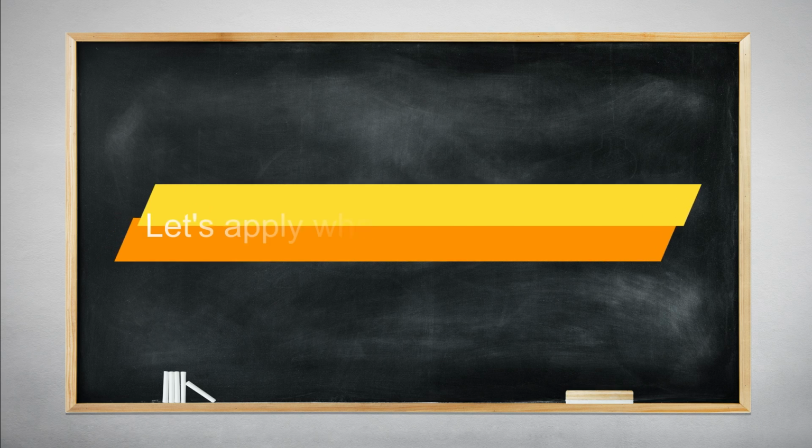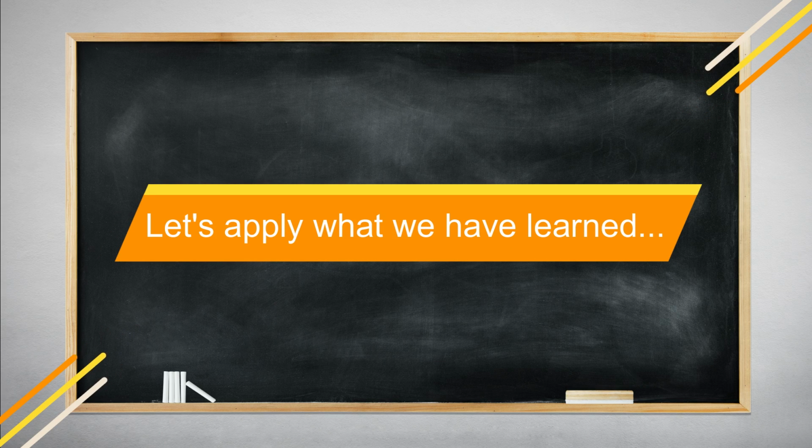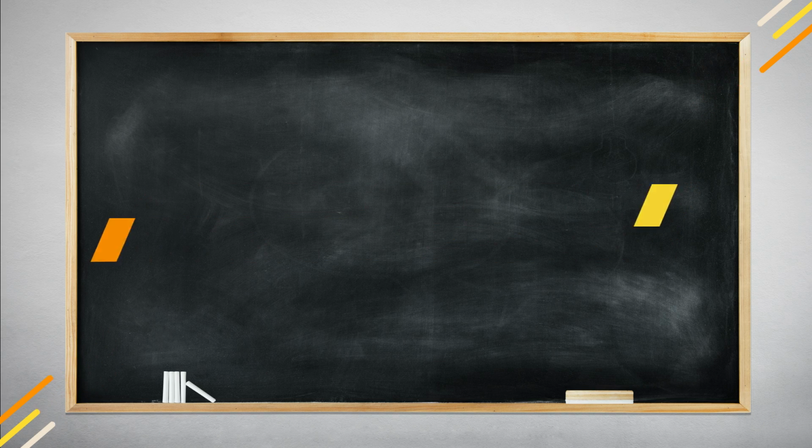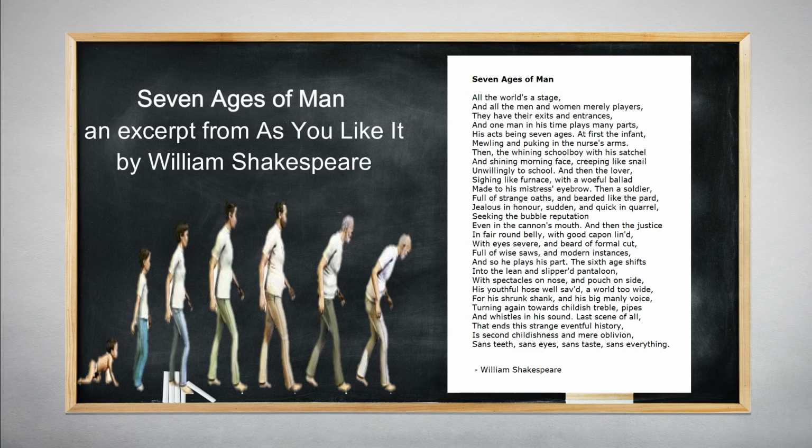Now let's see how we can apply structuralism in Shakespeare's Seven Ages of Men, an excerpt from the play As You Like It. The Seven Ages of Men. All the world's a stage, and all the men and women merely players. They have their exits and their entrances, and one man in his time plays many parts, his acts being 7 ages. At first the infant, mewling and puking in the nurse's arms, and then the whining schoolboy with his satchel